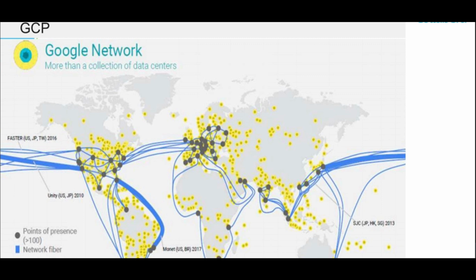AWS is more of a distributed kind of cloud, where you have to specifically go and select every region and then start accessing the services. There are dependencies: a resource in one region will not work in another region. But that is not the case in Google Cloud. In Google Cloud, you have to select a region, but the multi-region resources are inter-accessible. They are interconnected because of this fiber network connectivity.